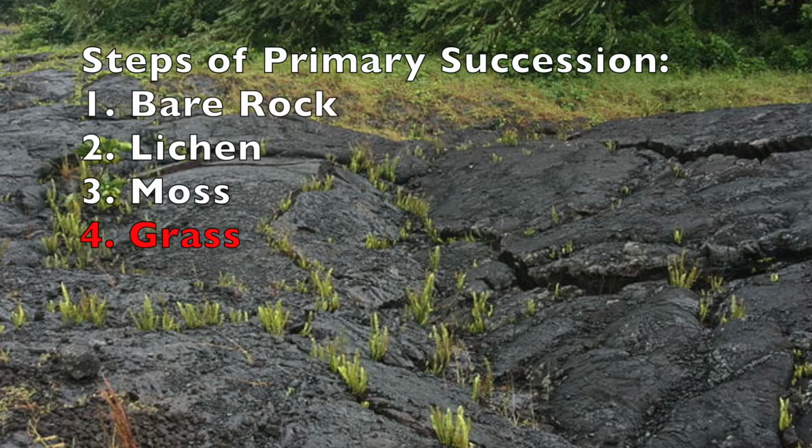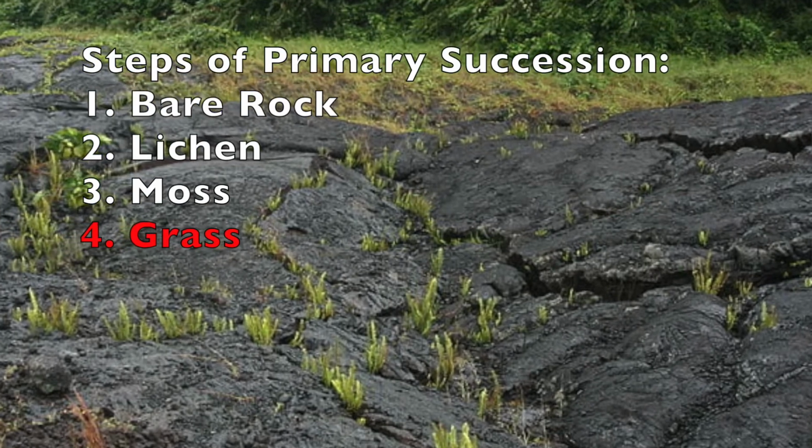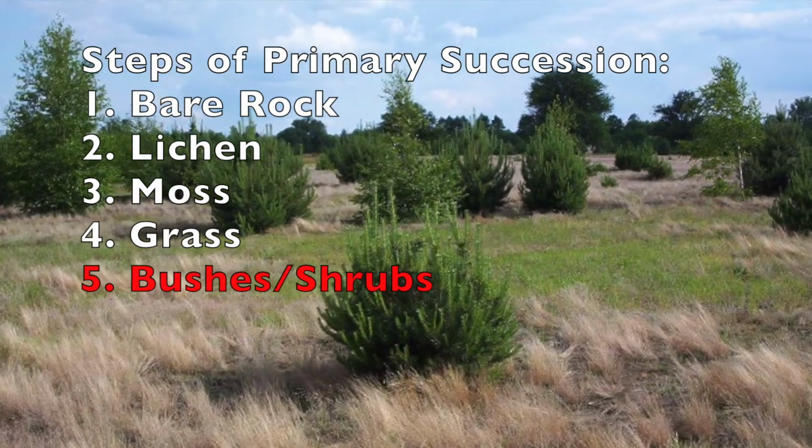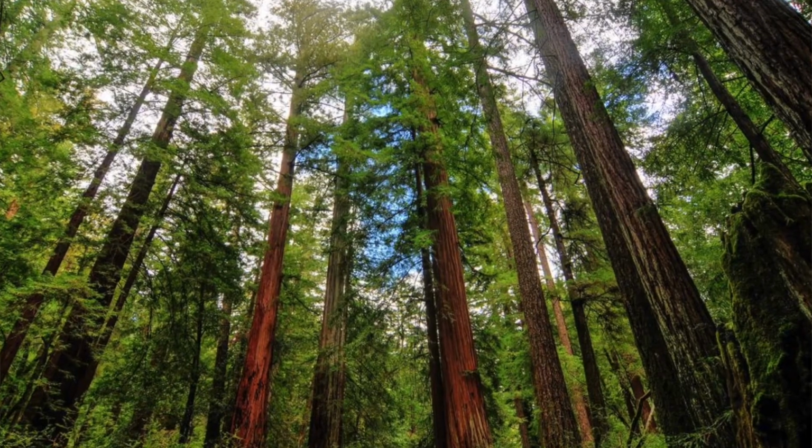And then after moss and lichen break down and make good soil with good nutrients, grass starts to grow in, and just pew, pew, pew, grass everywhere. It actually takes a long time, so not this fast, but grass will come through. And then things like bushes or bigger plants can be supported more by the grass being there with the soil. And then after all of that grows in, we have these giant trees come in.